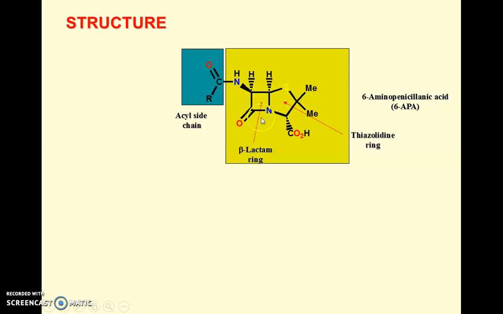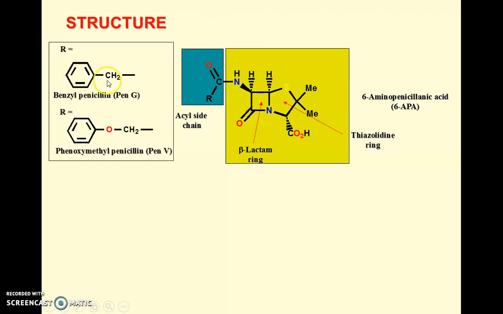And when the penam has this COOH group, that is a carboxylic acid group, it is called penicillinic acid. And on this penicillinic acid, on the 6th position, there is an amino group, and that's why if you include this complete part, it becomes 6 amino penicillinic acid, 6 APA, and the rest of that we are treating as the acyl side chain, because the acyl side chain is most important, because when this R varies, different types of derivatives are formed from this general structure.